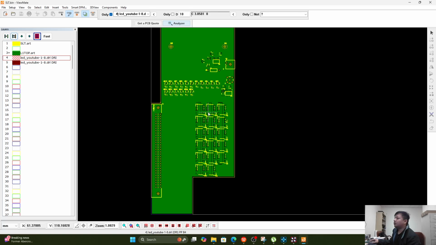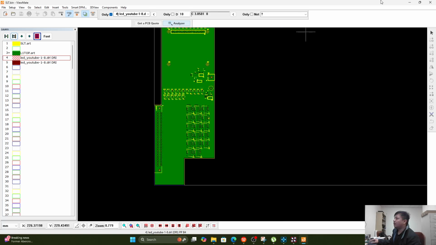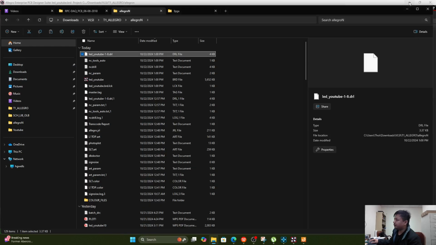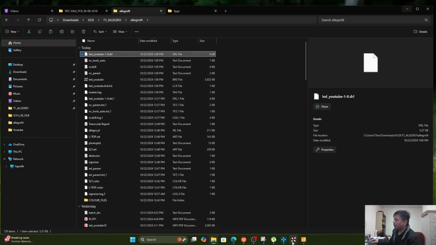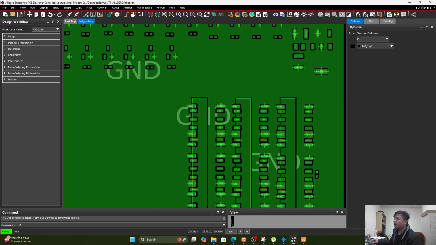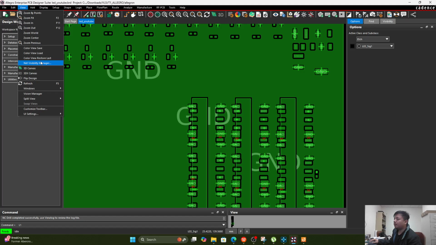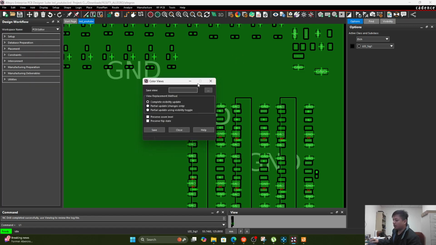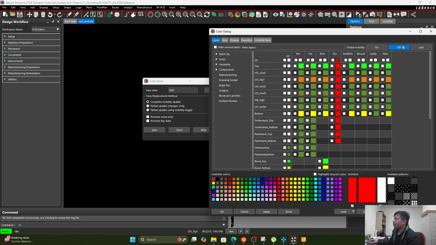Yeah. So that's all, guys. Regarding the, yeah, we can do one more layer if you want. So what I want is, let's do paste mask, right? View, where is that? View, create color view, save, paste mask top, PMT, and color, turn off everything,